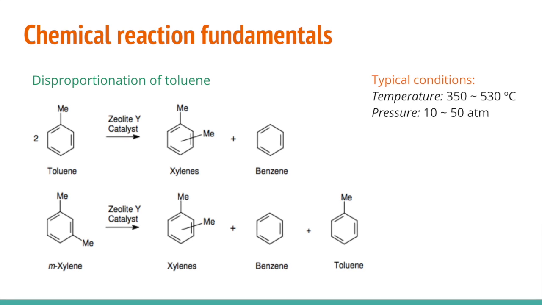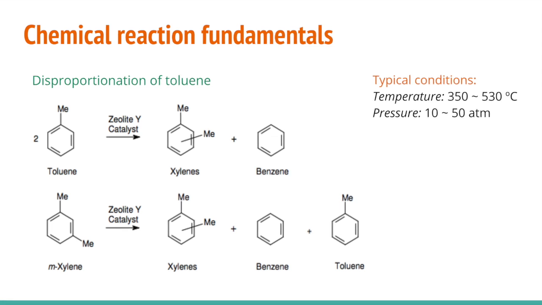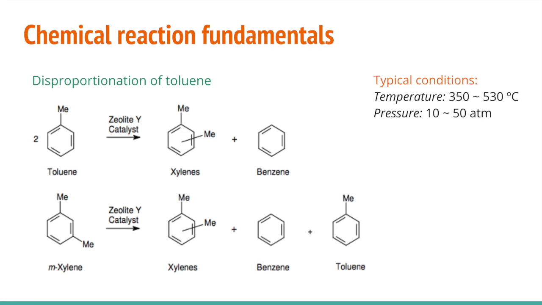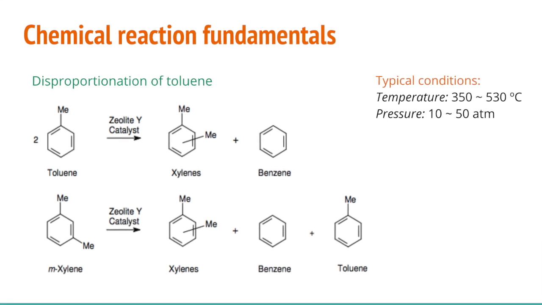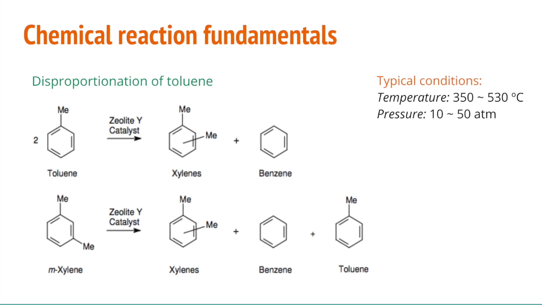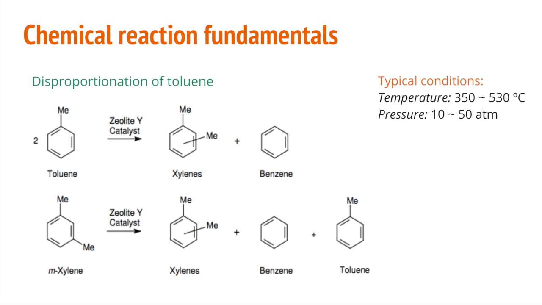The disproportionation of toluene takes place at a temperature between 350 and 390 centigrades, and a pressure between 10 and 50 atmospheres. As we said previously, we chose 390 centigrades and 20 atmospheres to make the proper calculations. As the picture shows, toluene goes through catalytic cracking where both benzene and xylene are produced. Many catalysts can be used.